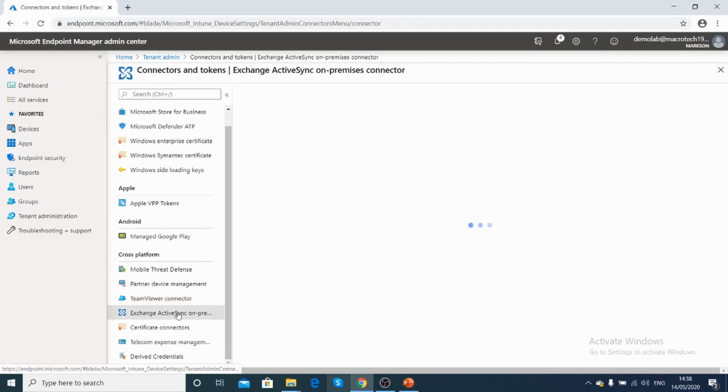Exchange ActiveSync is for when you have not migrated your Exchange to the cloud, and you have Exchange only on-premises. But still, if you want to control user access, so that users can access the on-premises Exchange only through Intune, Intune will inform the user to get enrolled immediately to access any on-premises Exchange mailbox.